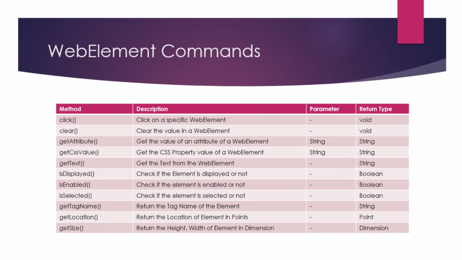Let's move on to our next method, that is going to be isEnabled. The isEnabled method is just to check if the element is enabled or not. There are cases where some form elements are in a disabled state. This will just check and tell if the element is enabled or not by looking at the attribute of the element. This method accepts no parameter and returns a boolean value, that is going to be true or false.